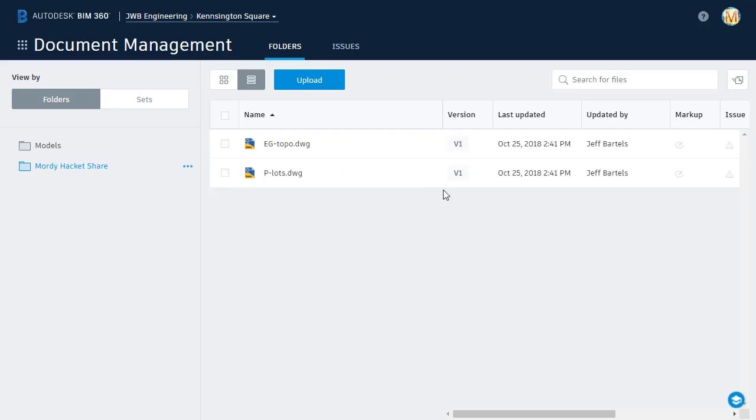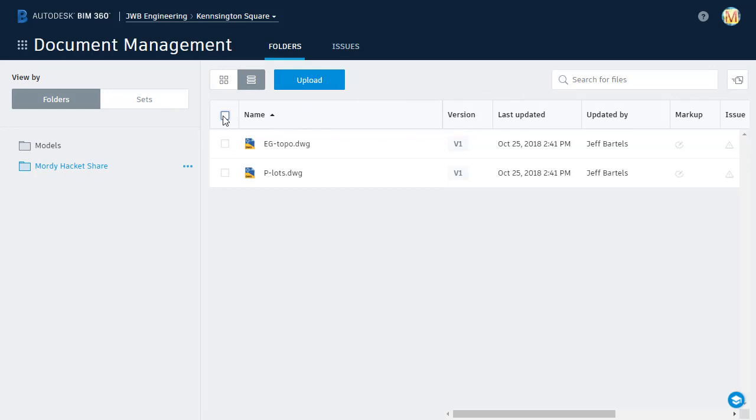Let's close this. Clicking the ellipsis button next to the file name, Morty can download the file to his local machine. He can download files one at a time using this menu, or he can select multiple files using these toggles on the left, or all files using the toggle at the very top. Selected files can then be downloaded as a zip file using the ellipsis button at the top of the screen. For right now, I'm going to click on Screen to close the menu, and then I'll click the toggle again